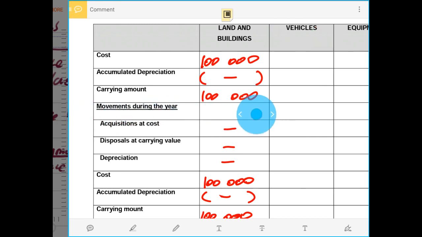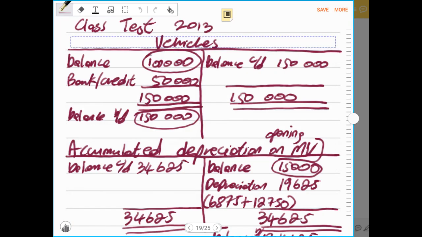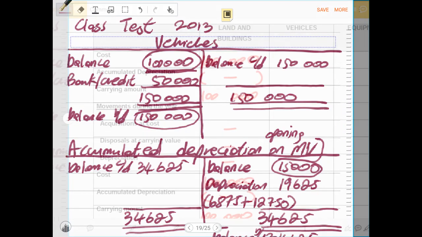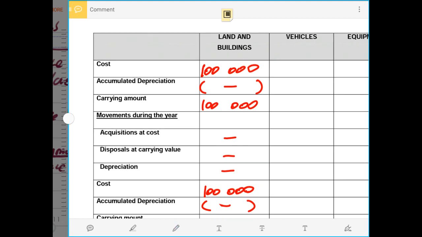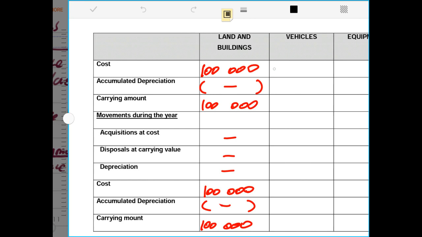So now I will just be doing this through the workings that I've done, and I've recorded opening balance for my vehicles to be an amount of 100,000 rands, as you can see that. That was an opening balance, and it must still remain the same opening balance in the note. So now we record that as 100,000 rands